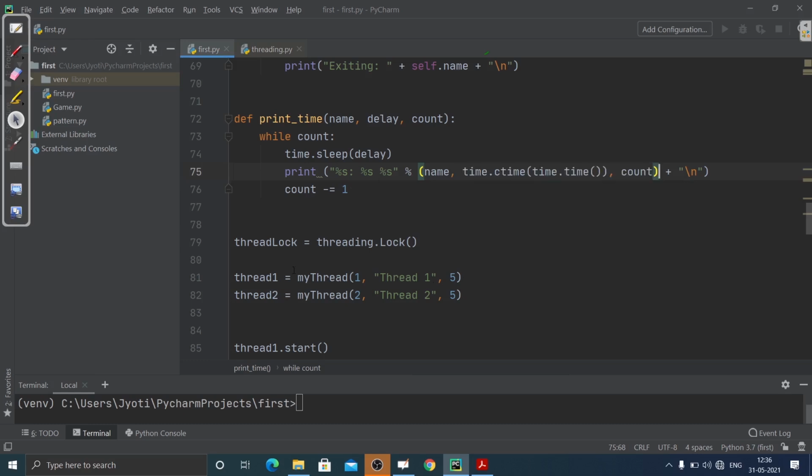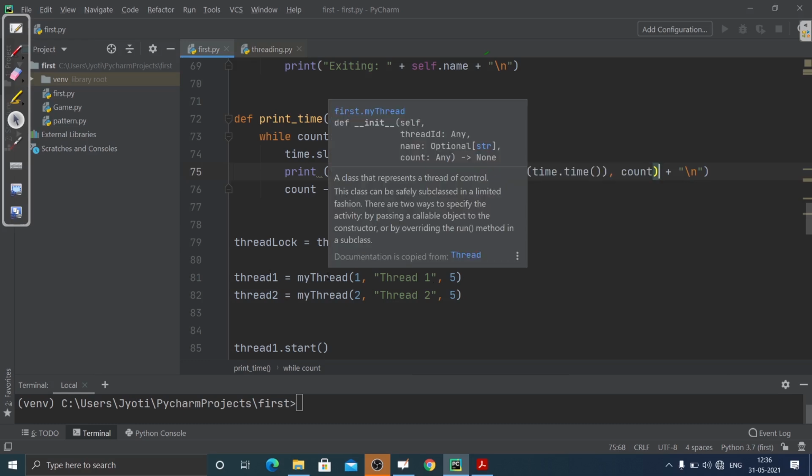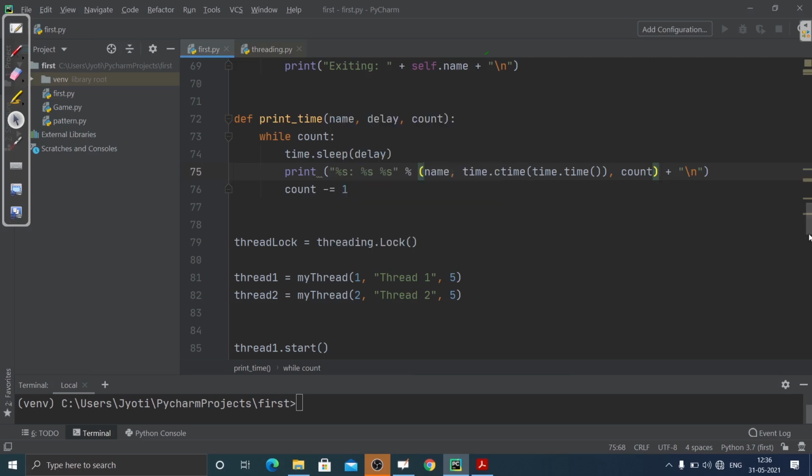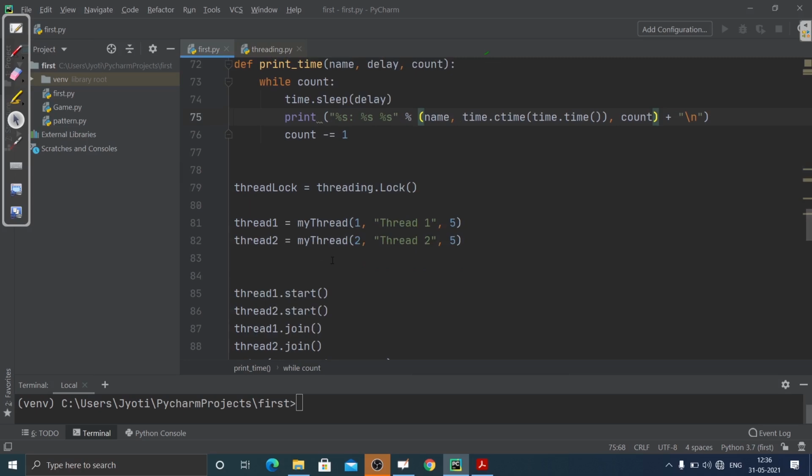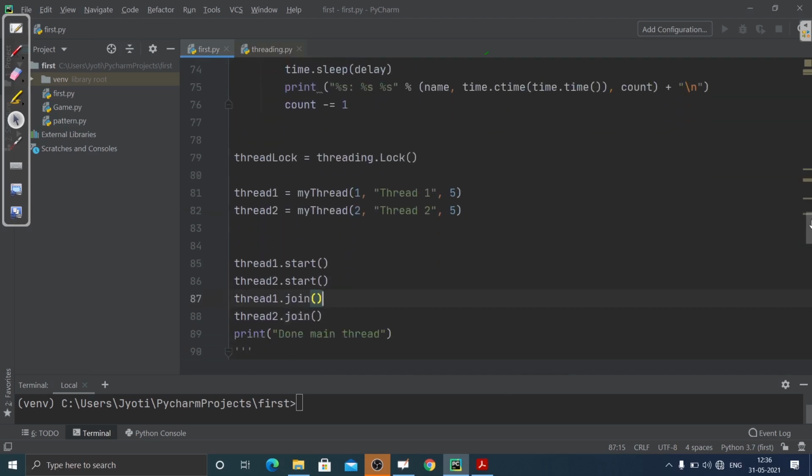What I'm doing is starting two threads, or you can say initializing two threads, thread 1 and thread 2. I guess you remember that in order to make a thread run, or put it in the running state, we need to start it. So the start function, and then this join function. I guess you remember the purpose of the join function. We use it to execute thread 1 and thread 2, and then execute the main thread, whatever the code is. It waits for all the threads to get executed, and only then will it allow the interpreter to move further.